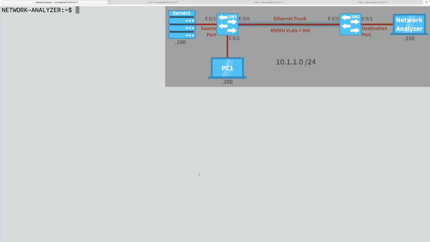Let's take a look in this video at how we can configure remote SPAN or RSPAN. Specifically, we've got a couple of switches. We have SW1 and SW2. There's already a trunk between these switches, and what we want to do is to create a remote SPAN VLAN,